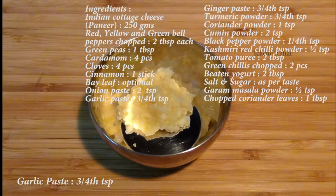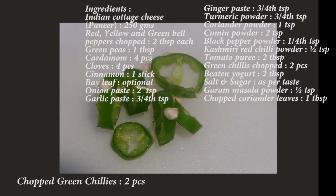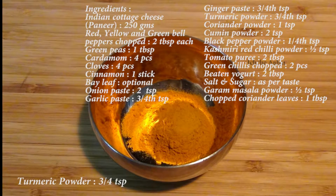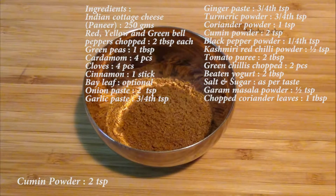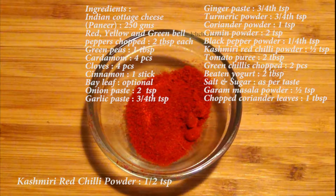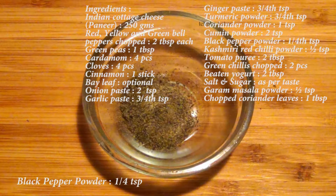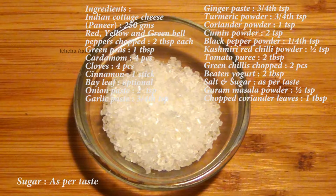Garlic paste 3/4 teaspoon. Ginger paste 3/4 teaspoon. Green chilies chopped as per your requirement. Turmeric powder 3/4 teaspoon. Coriander powder 1 teaspoon. Cumin powder 2 teaspoons, tomato puree 2 tablespoons, Kashmiri red chili powder half teaspoon, black pepper powder 1/4 teaspoon, salt as per taste, sugar as per taste,